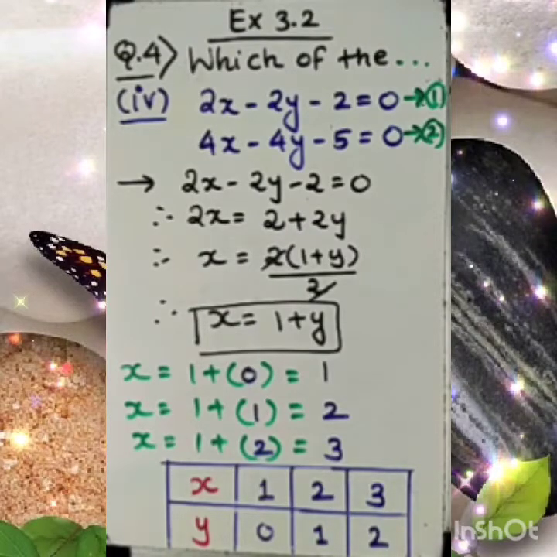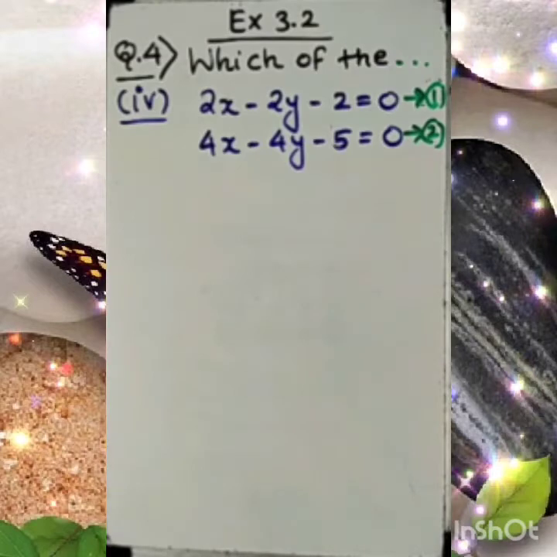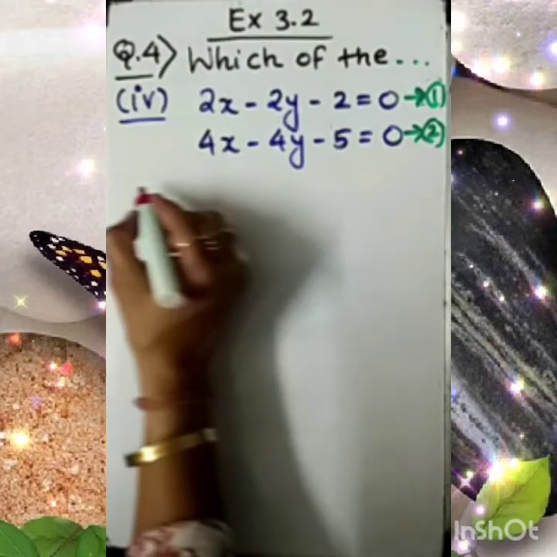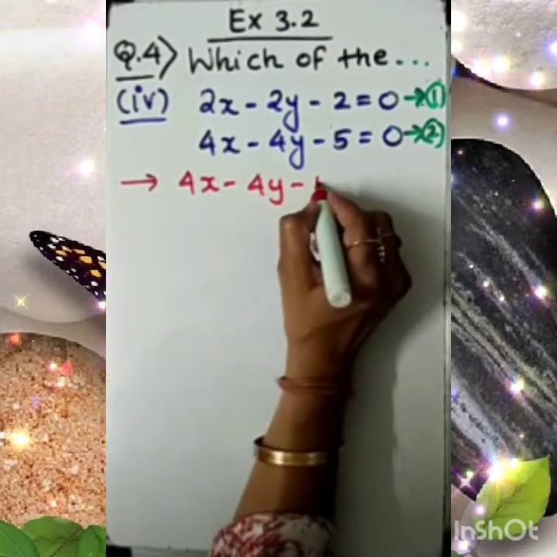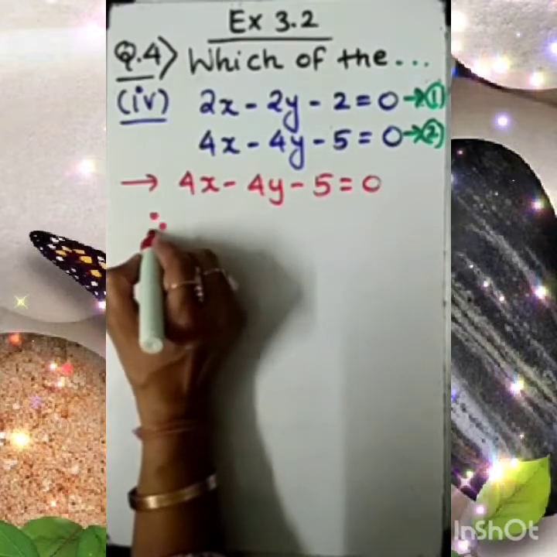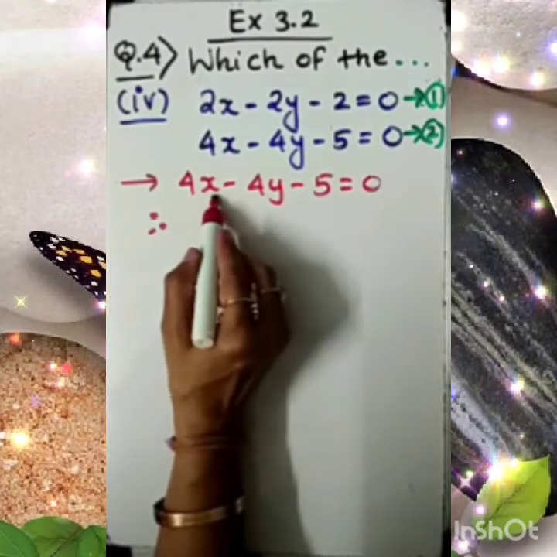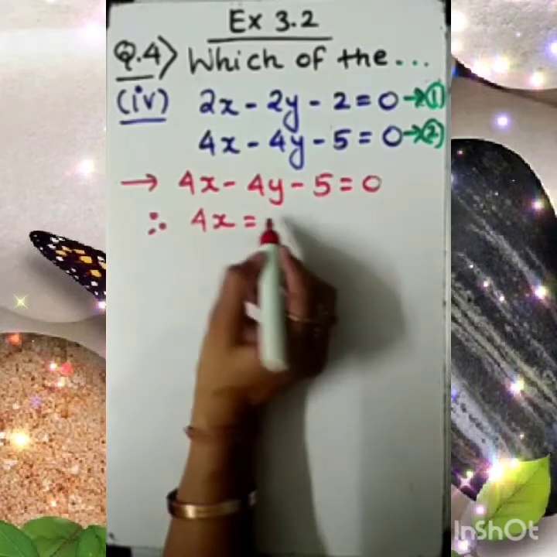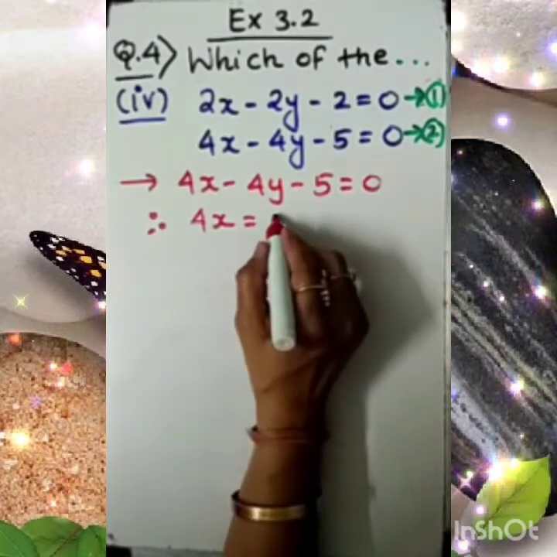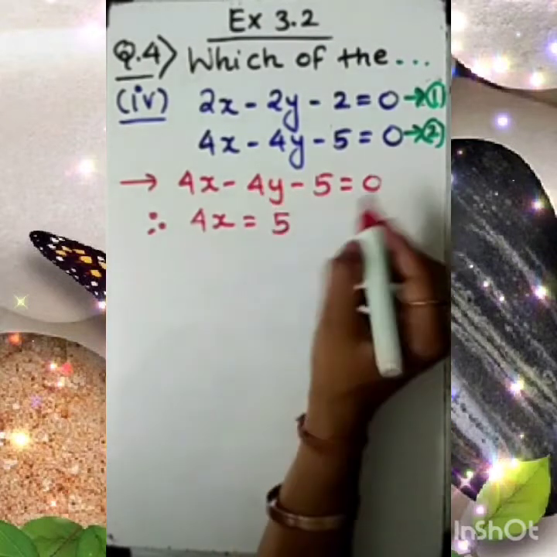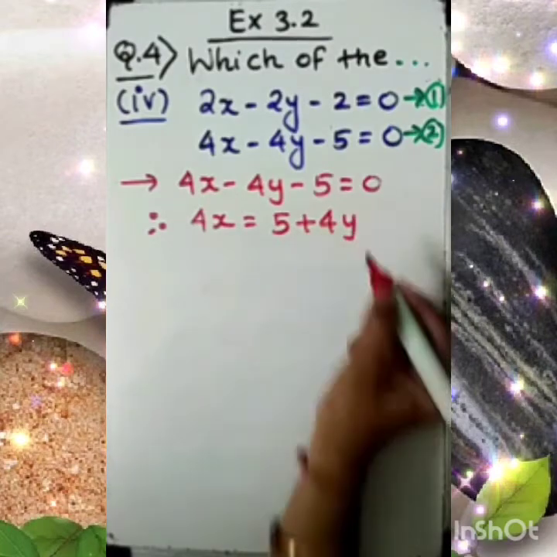Okay, now let's work out the second equation and see what can be the result. So my dear students, let's work out the second equation. What is our second equation we are given? Let's just look at your screen. 4x minus 4y minus 5 equal to 0. Therefore I am going to make x the subject here. So with that 4x I am keeping this side. Let me bring both of these terms to the right side. So minus 5 will become plus 5 and this minus 4y will be plus 4y.